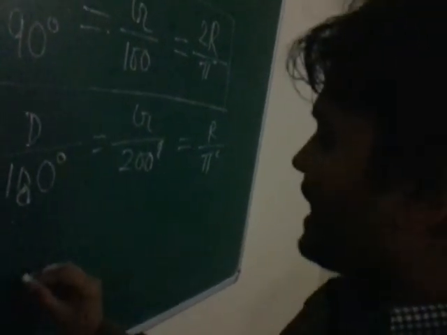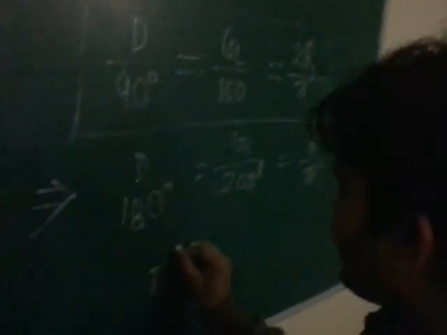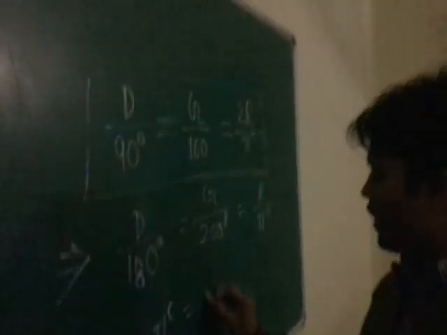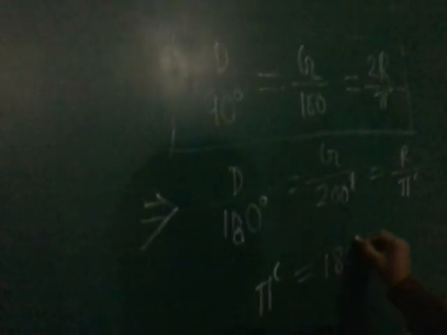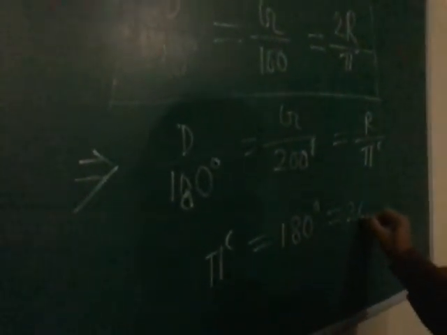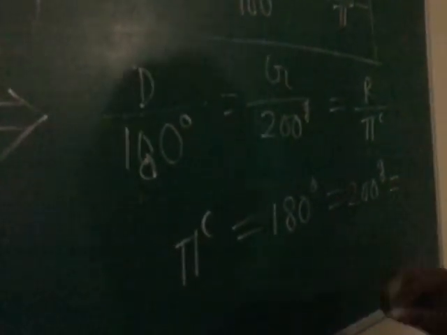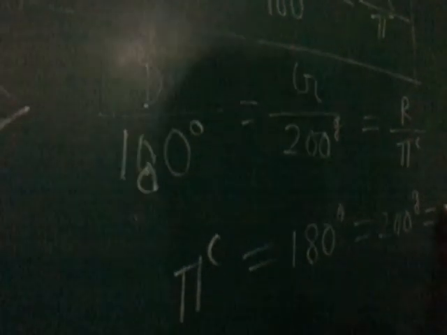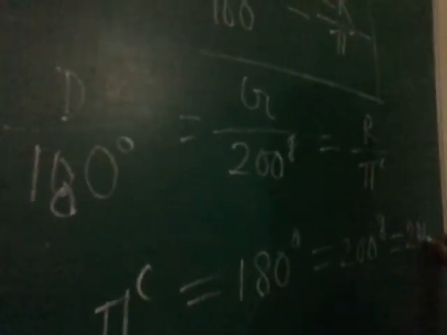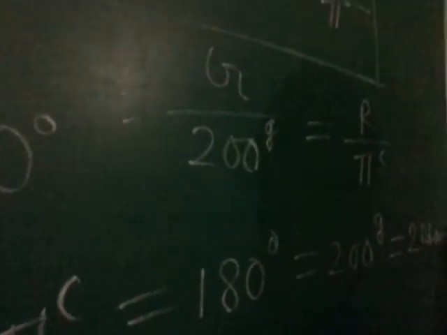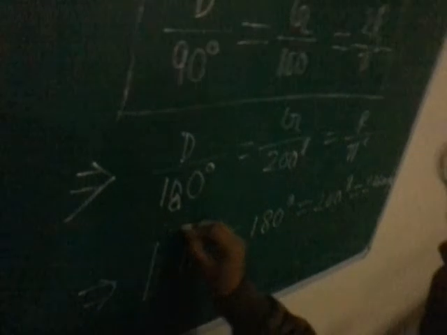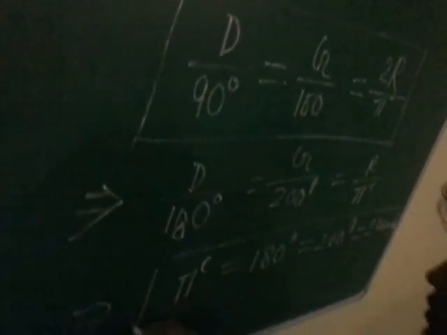So pi radian means 180 degree, 200 grade. And we know another condition, right angle condition, that pi radian means 2 right angle. So using any one of these conditions, we can solve the